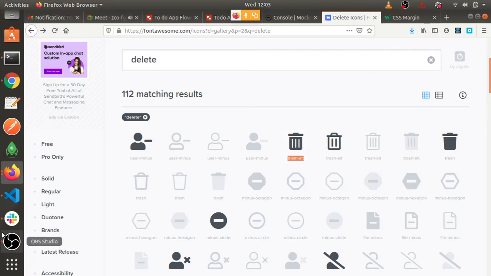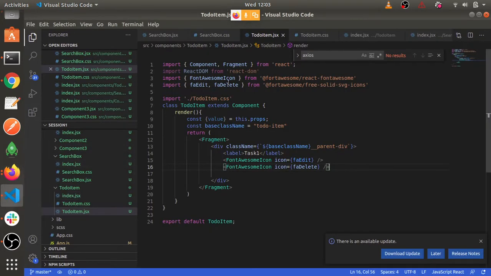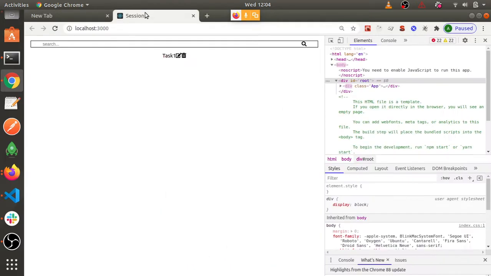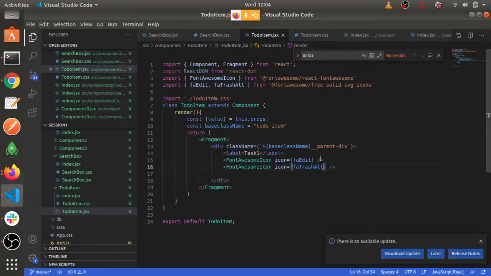So I'll copy paste it, and then I'll edit a little bit, and things will be done. Control V, and it is fa trash alt, and I'll pass it here, and let's see what we have got now. See, even this icon is here. Got it? Now the challenge is how to achieve that.